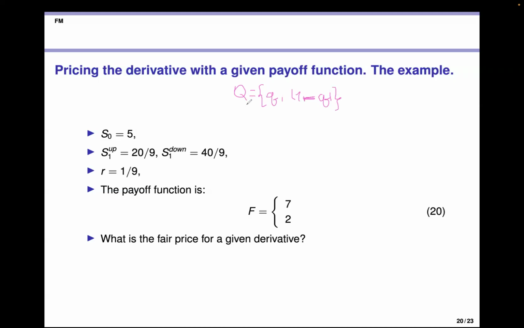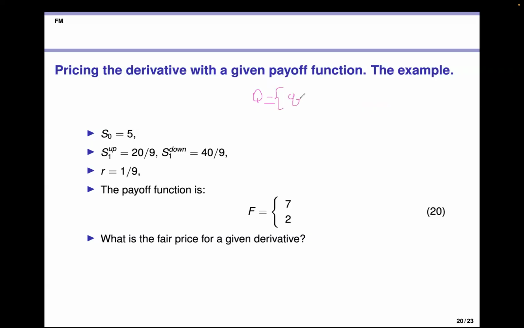We need to find a risk measure which provides that the mathematical expectation for the payoff function with respect to Q. Oh, no, not for them. It is C. Sorry. Clear. Okay, don't worry. So we need to find the probability